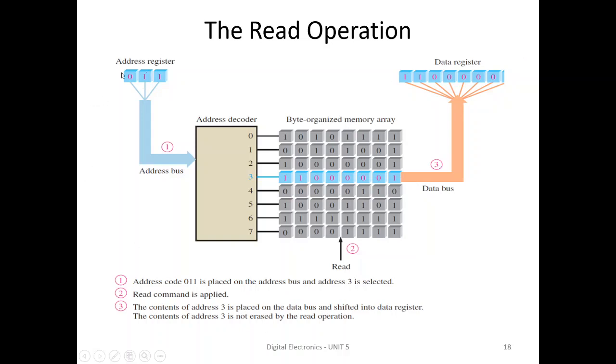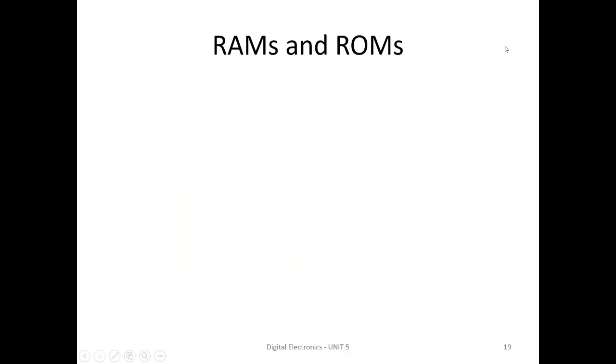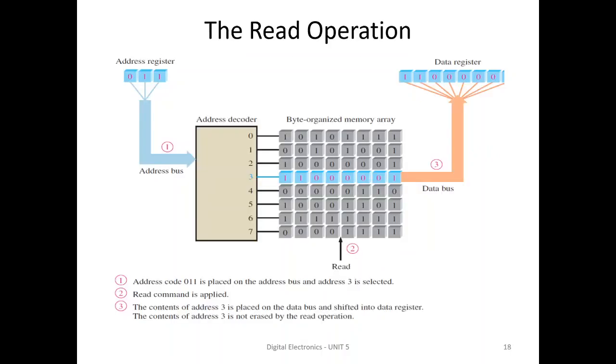I repeat, first you're going to put the code in the address location. It gets into the address decoder by the address bus and it is decoded. The exact location is specified. From that location, you're going to take your data to the data register. So RAMs and ROM. See, up till this we have been dealing with basic